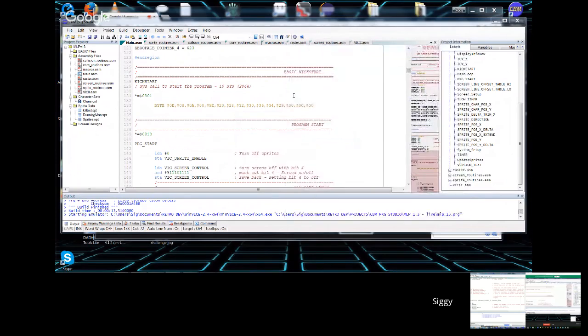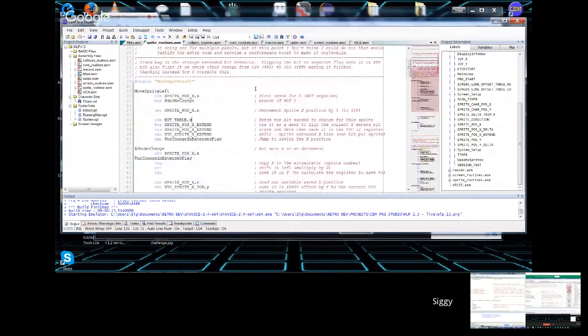Okie doke. So if we go to the sprite routines, they're pretty much the same as they were before. Where I have your sprite XPOS, it's going to check for 0, so it's not negative. This is move left, so it's only going to move left if that's negative. So there's no change, so we're going to decrement it. It's not 0 because it's -1. So we're going to decrement the,